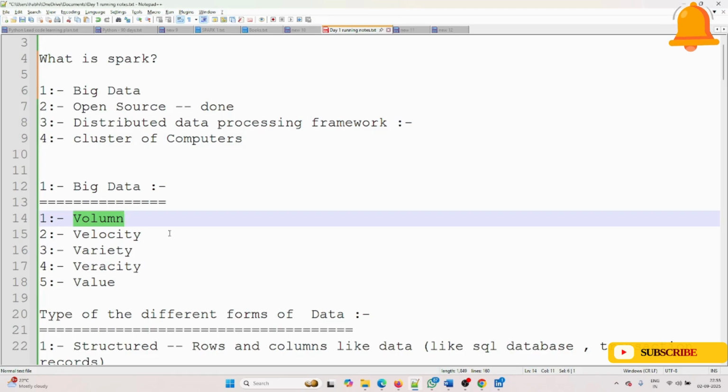Fraud detection in 1 second means the system must analyze a transaction as soon as it happens and decide if it's suspicious. For example, if someone swipes a credit card in another country right after using it locally, the system should block it instantly. This is real-time streaming processing, and for this we need Apache Kafka, Spark Structured Streaming, and other tools.